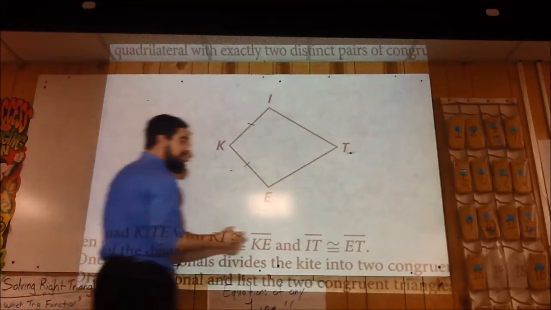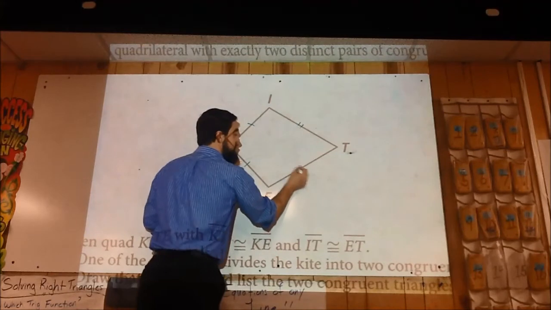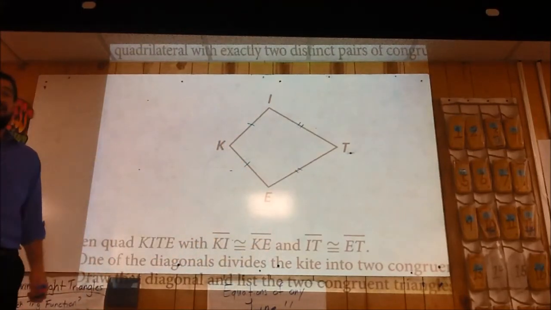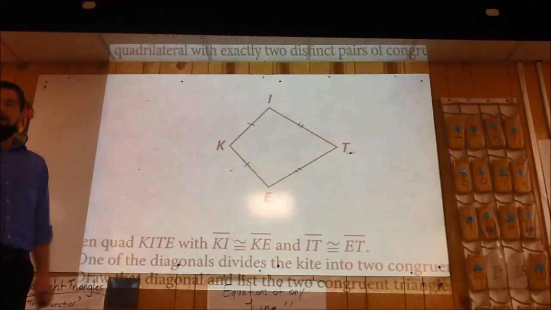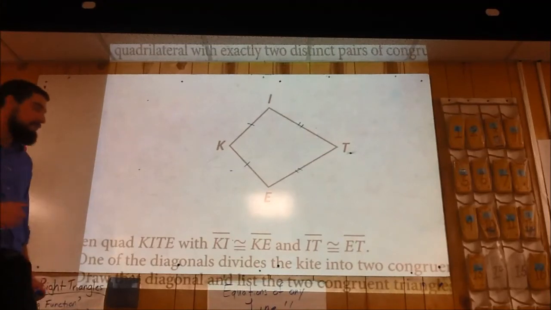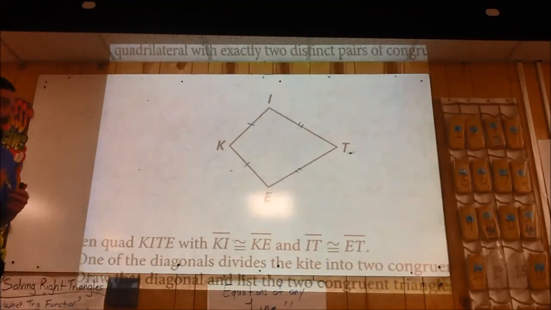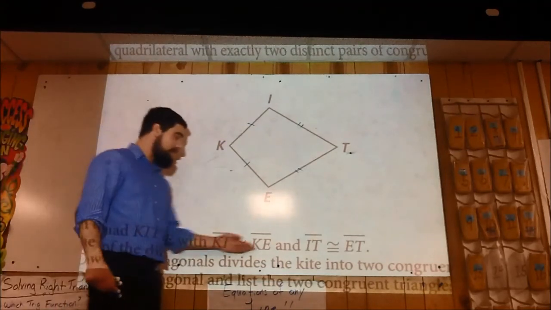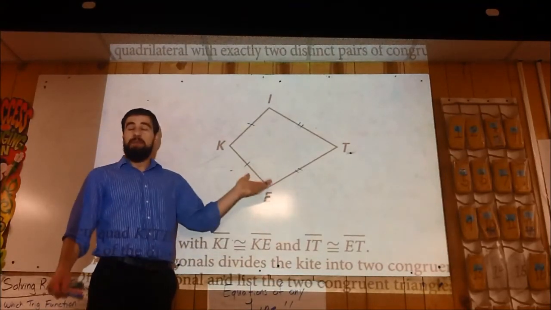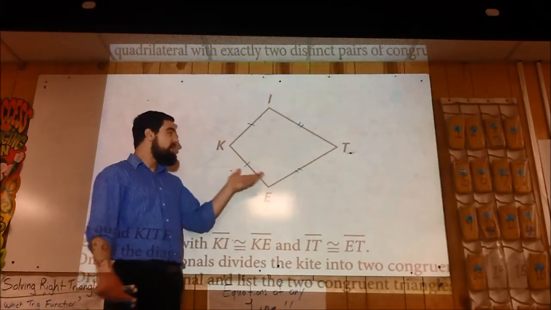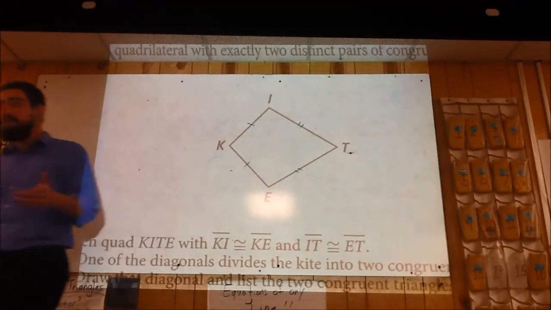It also tells us that segment IT is congruent to segment ET. Anything that I write on the board is probably a good idea for you to go ahead and write on your paper or in your textbook as well. So now, after reading this given information and marking my diagram, I now know that this quadrilateral is a kite